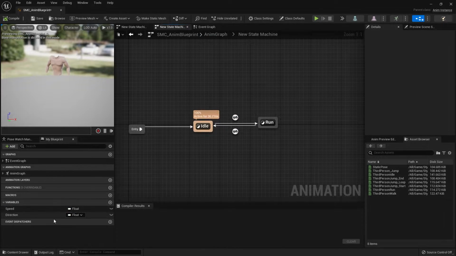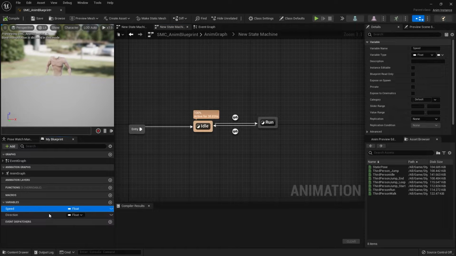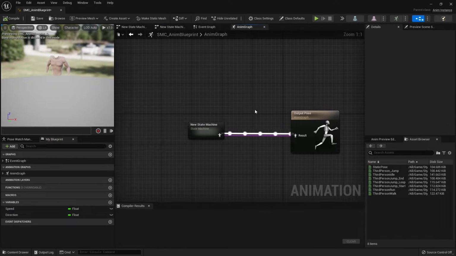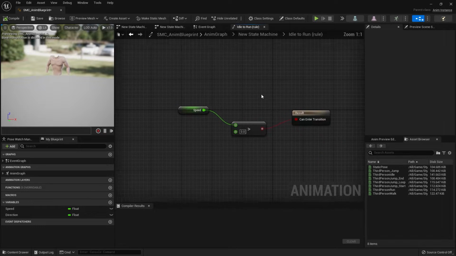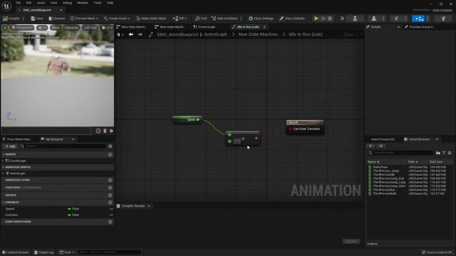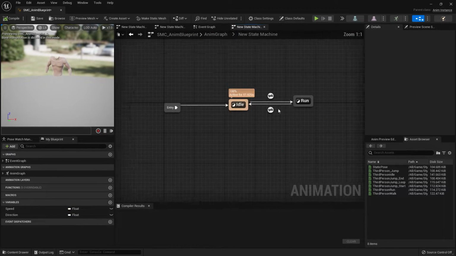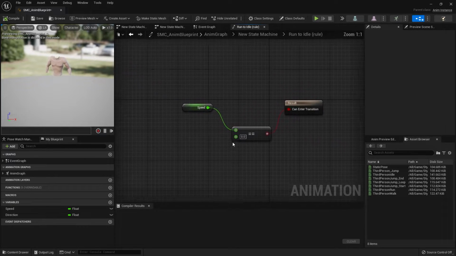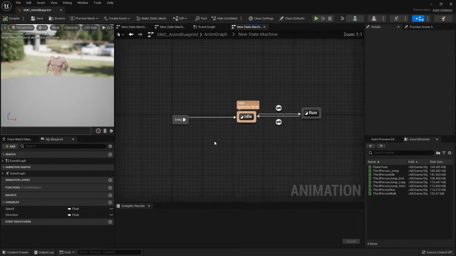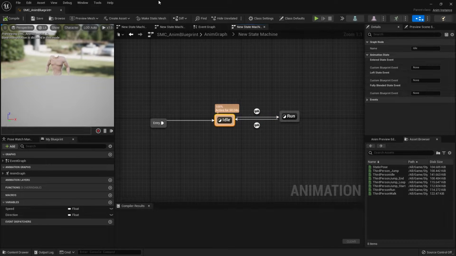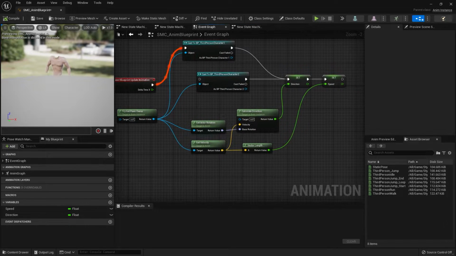I set a value of speed, a float, and you don't really need direction. I shouldn't have really made a direction, but it's okay. So in the transition, whenever the speed is greater than 0, it will make the transition to run. And if the speed is equal to 0, it will be at the idle state, right? So, and in the event graph,